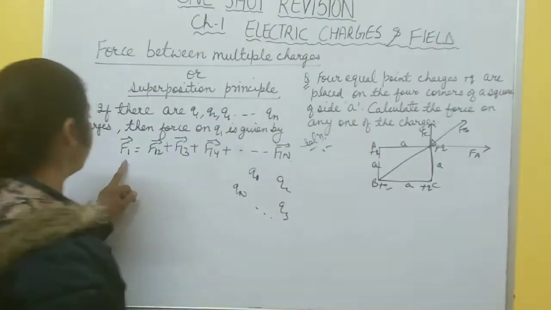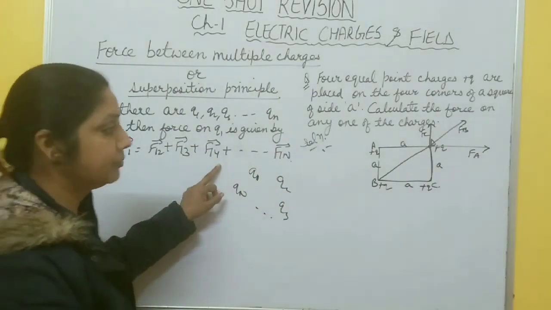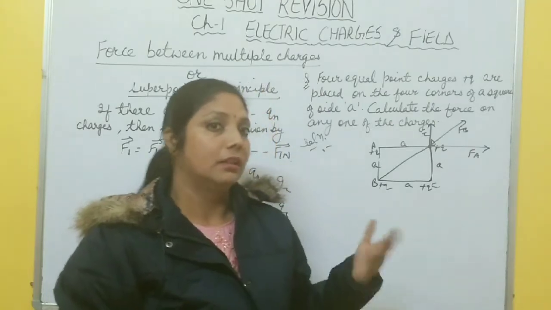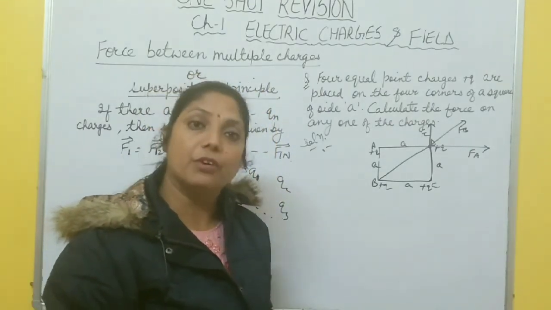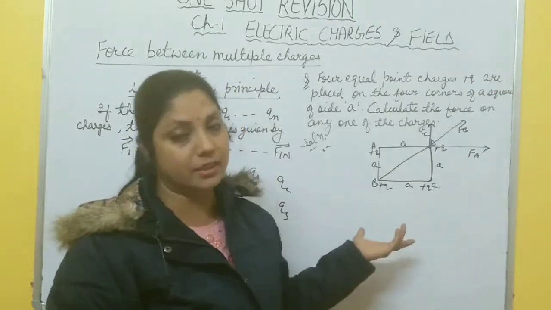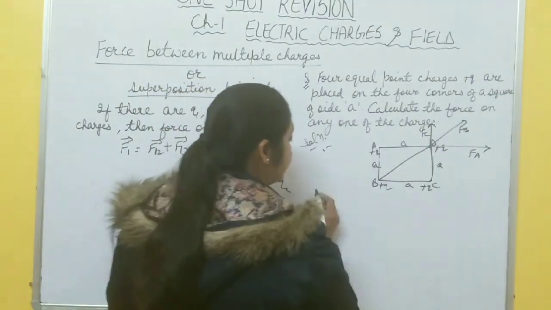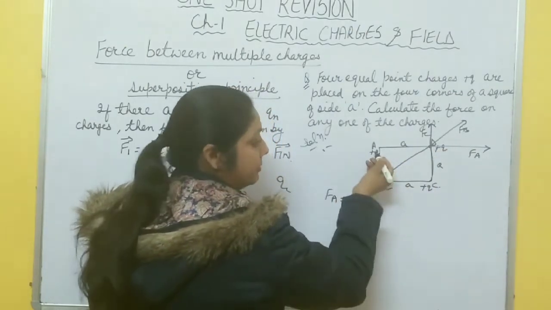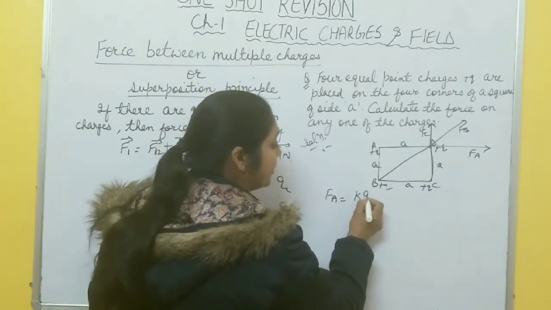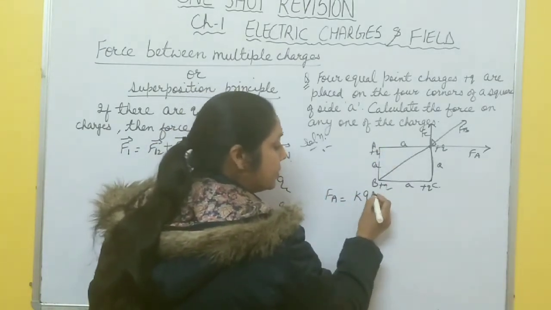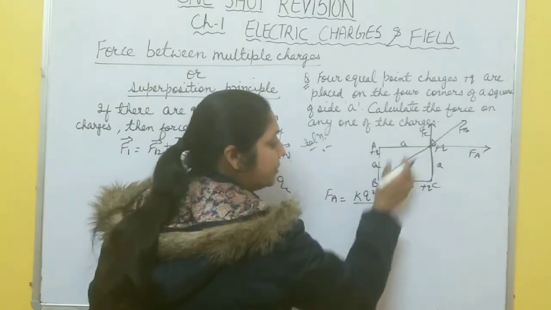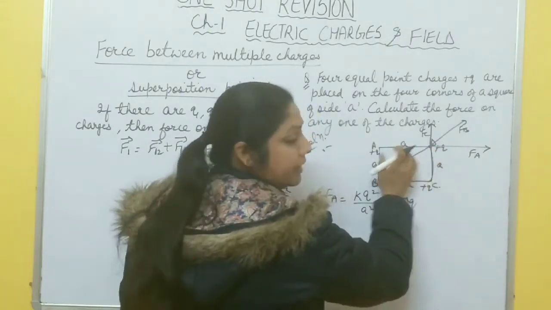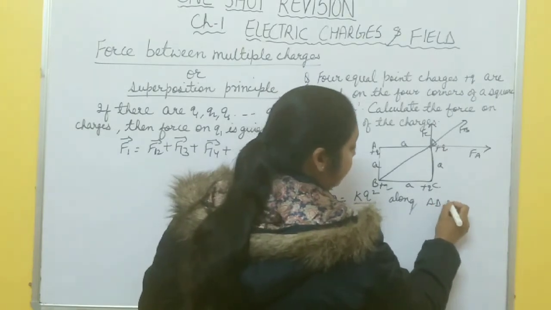So it is simple. The total force is the vector sum of all these forces, right? So how do you do vector addition? You studied it last year, in 11th class: the parallelogram law of vector addition and the triangle law of vector addition. You apply just these 2 laws, right? So first you write FA, the force on this Q charge due to the plus Q charge placed at A, is K Q square by a square, since Q and Q are the same and the distance between the two charges is a. And it is along AD produced.